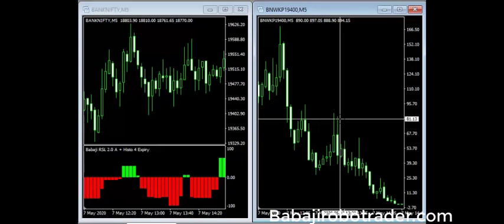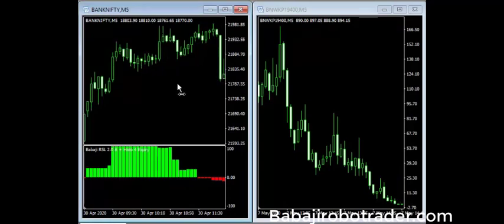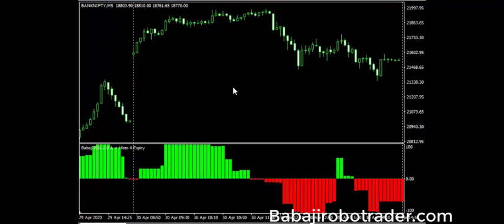We have already seen the 14th May expiry. We have seen the 7th May expiry, which was very sideways. Even though it was very sideways, we are getting a good return on all the calls. Let me see one more expiry also. 13th April is the previous expiry. So this is the 13th May expiry trade.